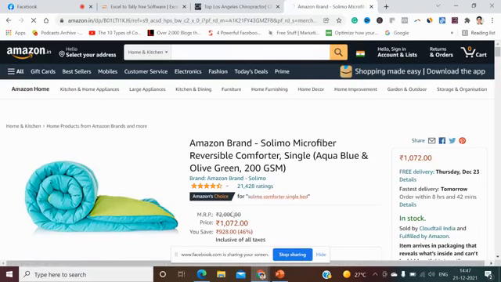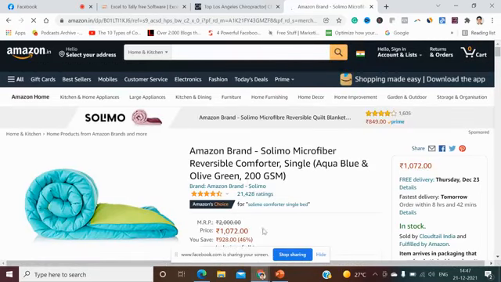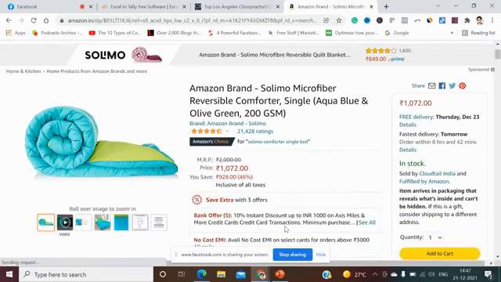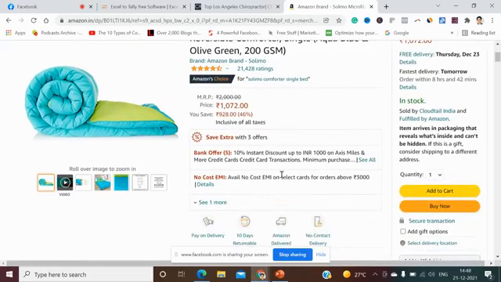See what you can see here, scarcity and urgency. Okay, see, current price is 1072. MRP is 2000, so you save 928 rupees, that's 46%. So you're creating urgency by giving discount offers. Okay, right, save extra with free offers. Okay, so this is scarcity and urgency. In urgency you can say limited stock available. Okay, so here you can say limited stock available over here. I hope this makes sense.